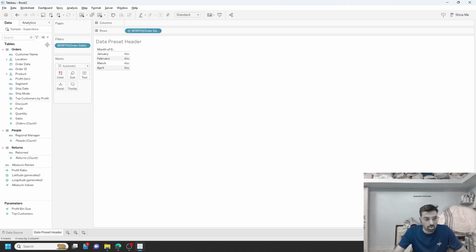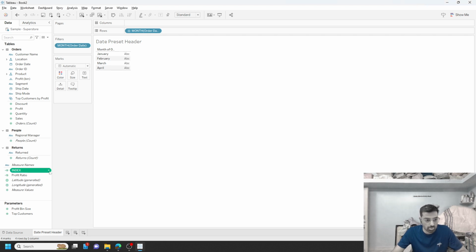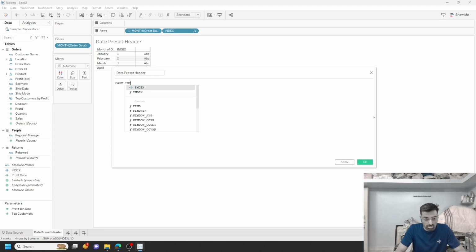Okay, then I'm gonna create an index to have those index values mentioned over here. I'm gonna make this one as discrete and I'm gonna add it on my row shelf. All right, so this becomes my year till date, previous month, current month, and custom. Okay, let me create that banner now. So I'm gonna call this one date preset header. Okay, so I'm gonna say case index, when